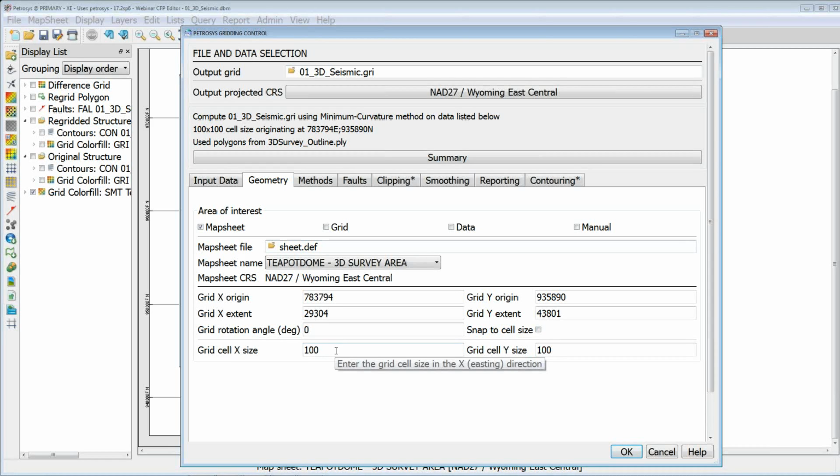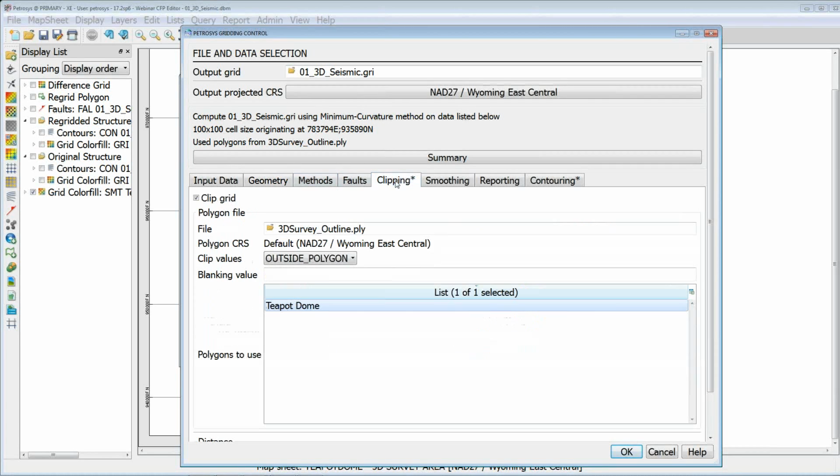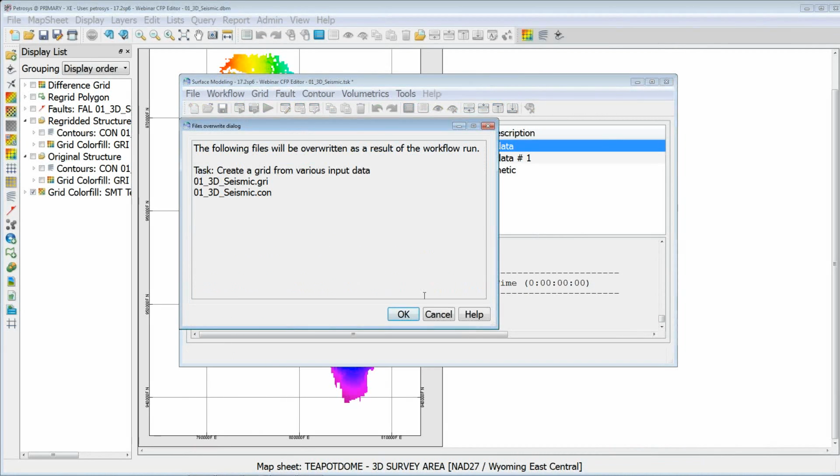You can note that I've changed my geometry so that it's a lot finer cell size. We're dropping down with 3D data. You can go down to a much smaller cell size. So I've gone from 1,000 to 100 by 100. I'm also going to clip this, so I don't want it to extend out too much further than my actual data, so we're going to clip it. Otherwise, we're not using anything else other than contouring. No faults, no smoothing, nothing else there. If I let this one run,